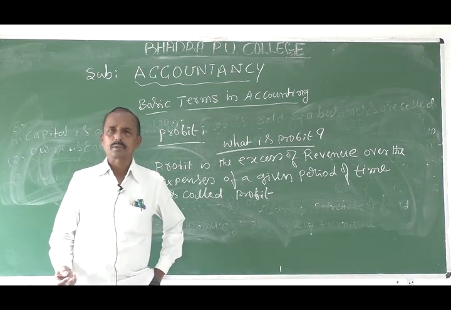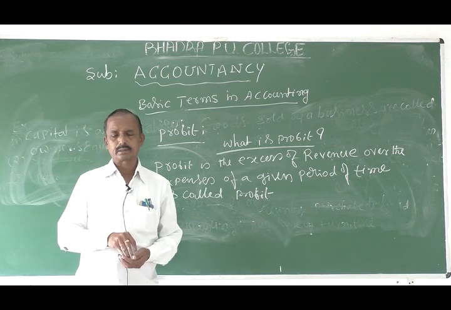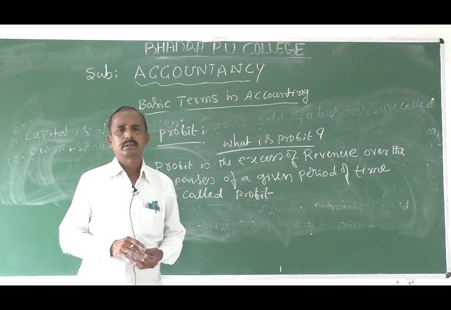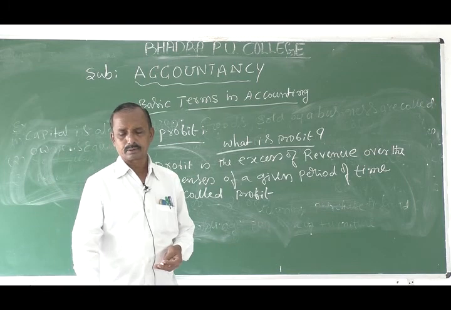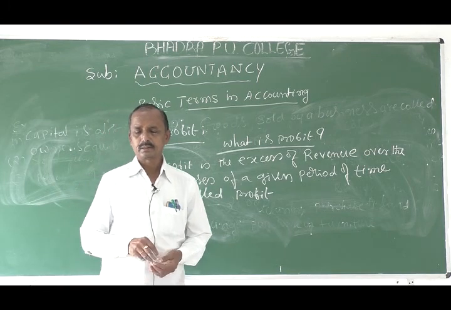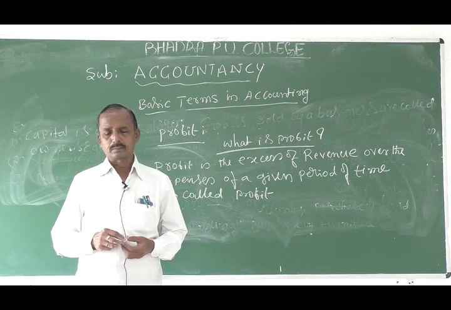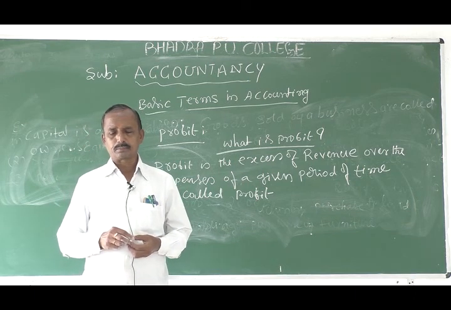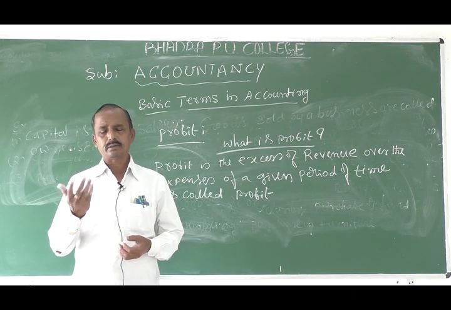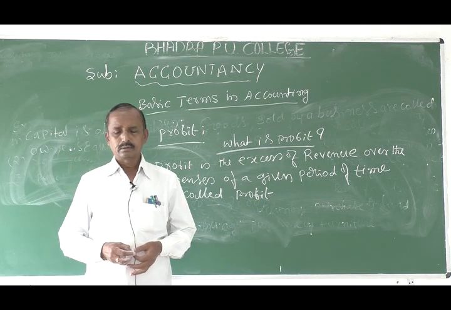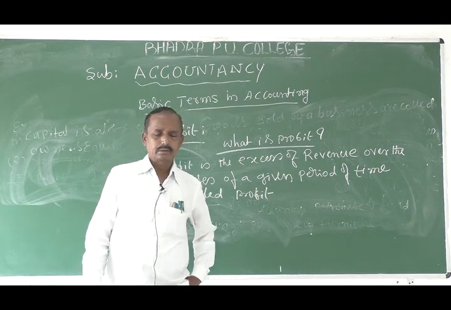Usually the profit is calculated for a year. For this reason, profit is also termed as a net profit. Profit results in an increase in the owner's capital, and profit may be gross profit, operating profit or net profit. Next,